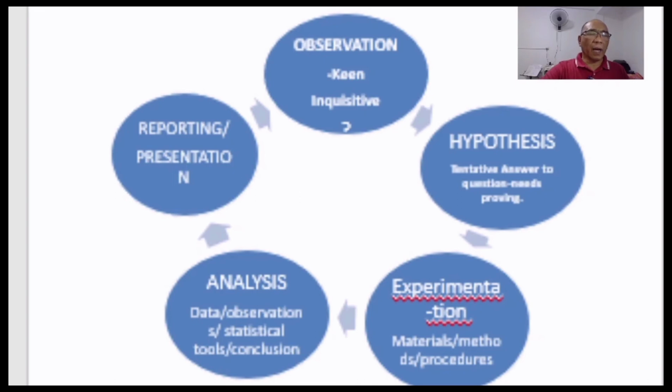This is how an experiment should go. Start from the observation, make some hypothetical answers to the questions that may arise in the mind of the researcher, and then do some experimentation. In the experimentation you need materials and procedures that are established in the scientific world. After that you have to analyze the data that had been gathered, and this data is subjected to statistical tools in order to determine differences among the variables, after which a conclusion is drawn, and this conclusion would form part of the answer to the question of the researcher.